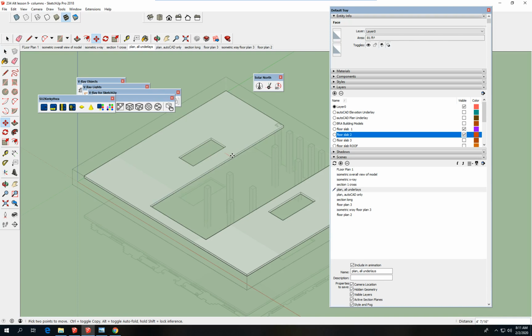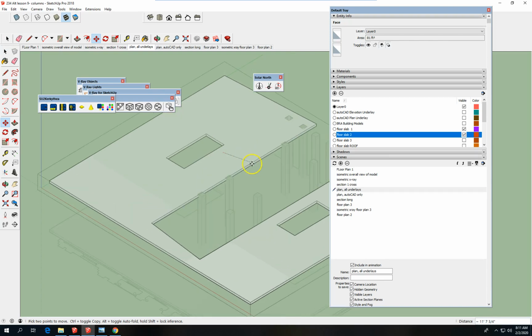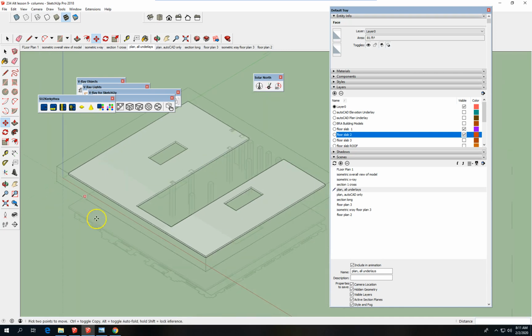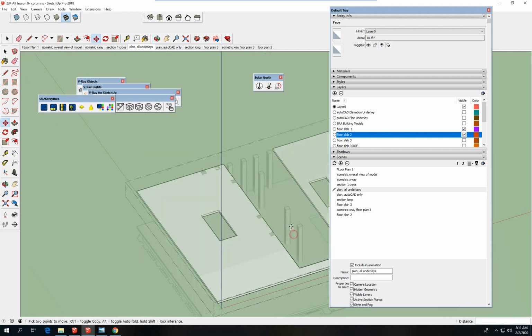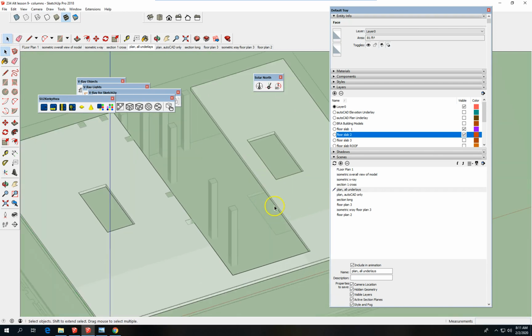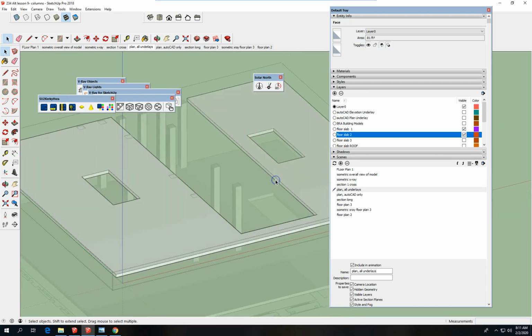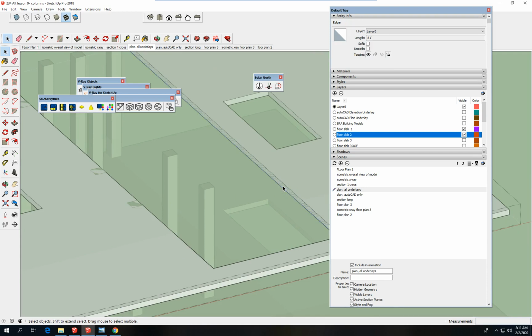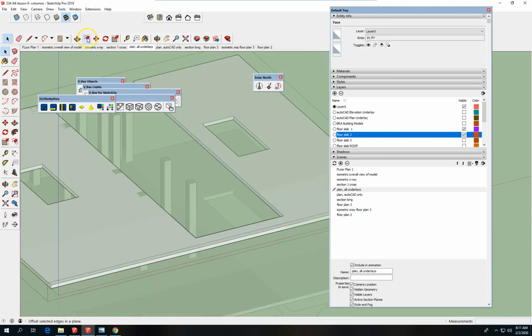Now move it in this direction. Put it on top of there, and then the other way. Need that face to move the red axis so that it meets